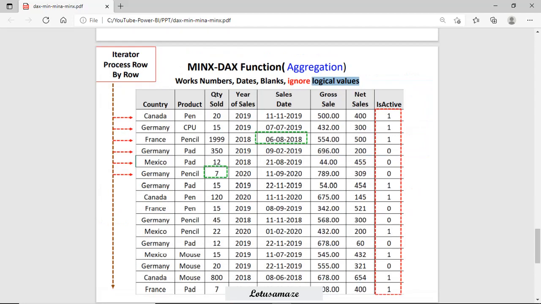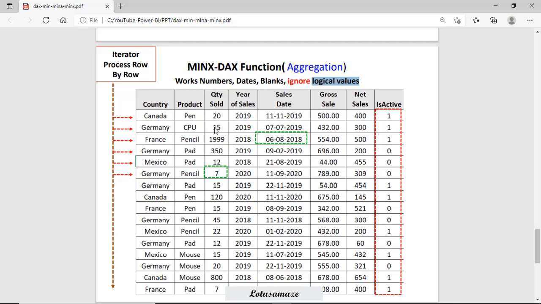So as you can see in the diagram, MINX requires two parameters, table and expression. Table is the iterator. It means it processes the data row by row: first row, second row, third row. And then the expression is evaluated for each and every row. Say, country equal to Canada, or product equal to pen, or quantity greater than 20.